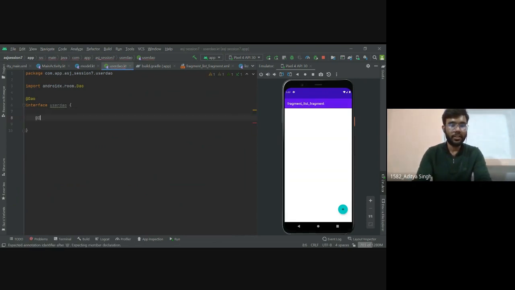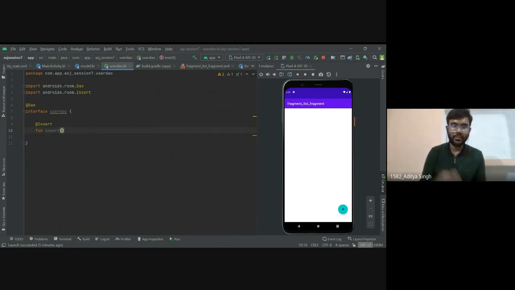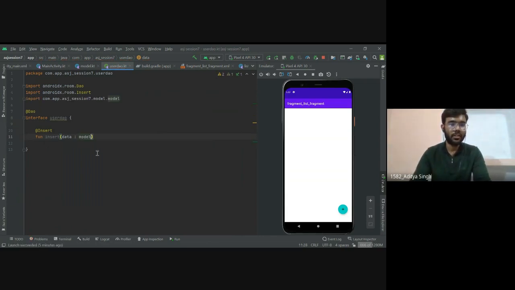So we will write Insert and let's name the function insert. For insertion we are receiving some arguments inside the function, so we can write data in here, and it is of Model type, and the name of our model was Model itself, so we will write this only. It is not going to return anything.